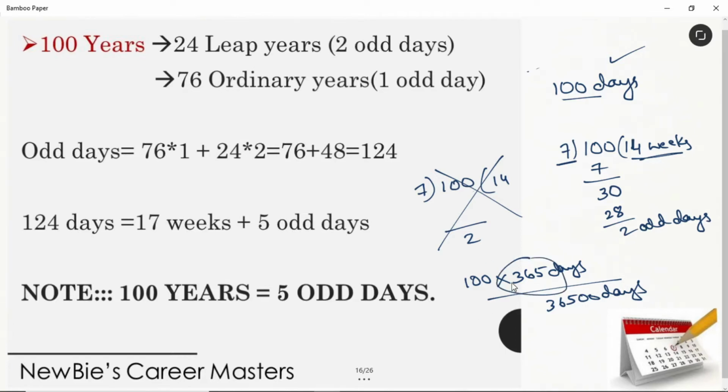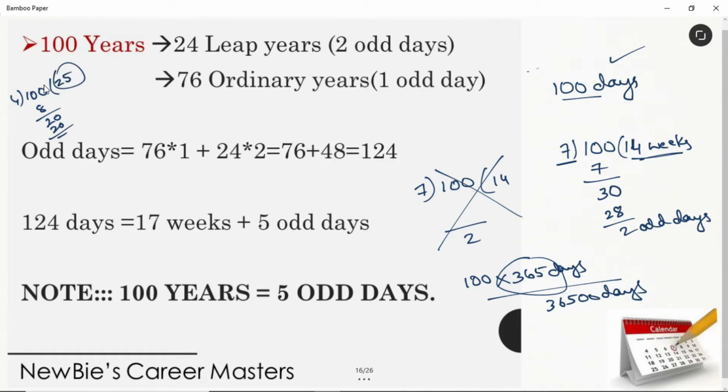So, what you have to do is separate it. Take out how many leap years and how many ordinary years. This is the method to find the number of odd days in given years. Okay, simple. Take 100, divide this by 4. Why do we divide this by 4? In order to check how many leap years there are. Yes, 4 twos are 8, then 20, 5 fours are 20. Correct? We got the quotient as 25.